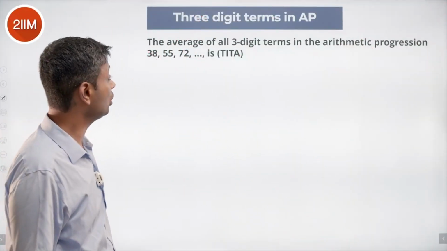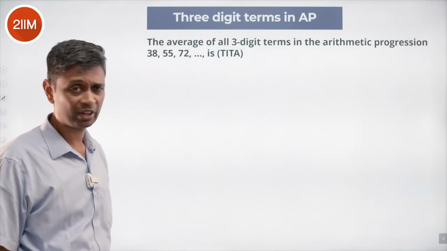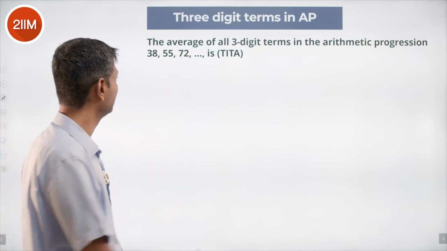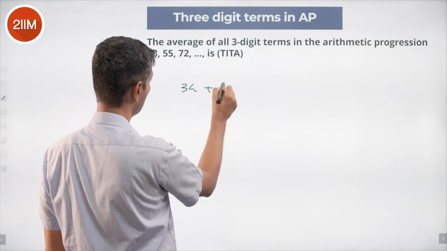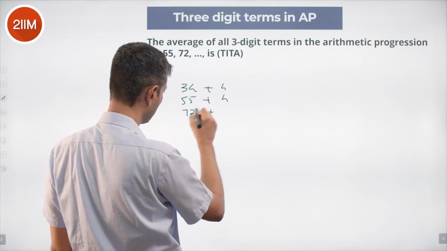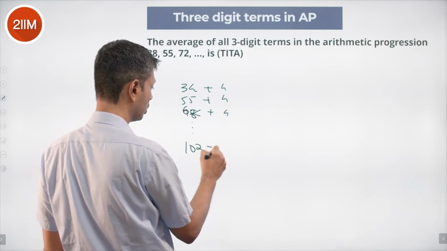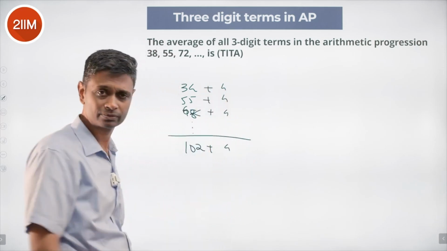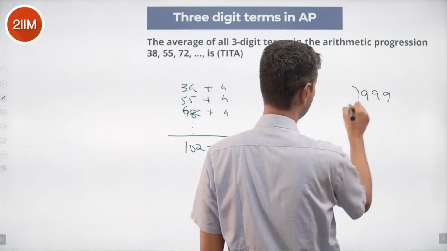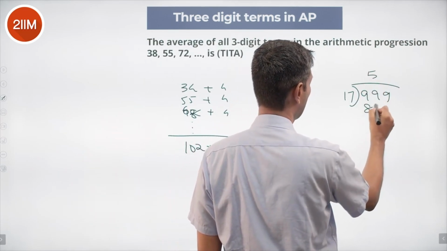The average of all 3-digit terms in the arithmetic progression 38, 55, 72, etc. Plus 17, plus 17, plus 17. I'm going to call this 34 plus 4, 51 plus 4, 68 plus 4, 102 plus 4 will be our first term. So how do we find our last term? We take 999 divided by 17, see what is remaining. It goes 5 times 85,